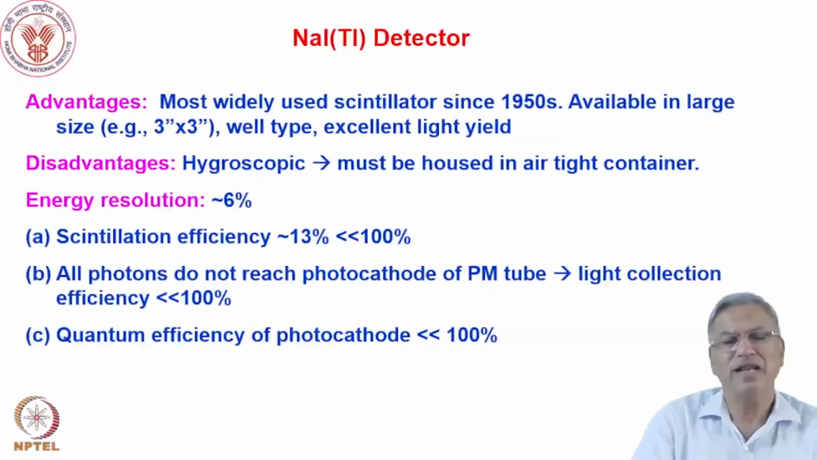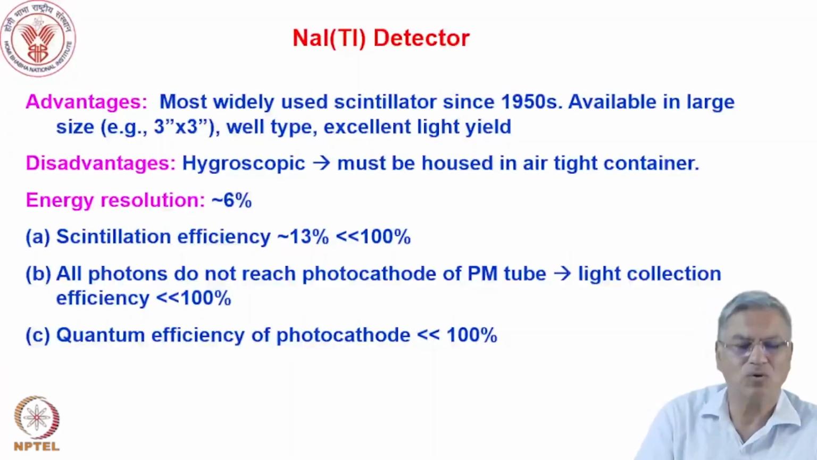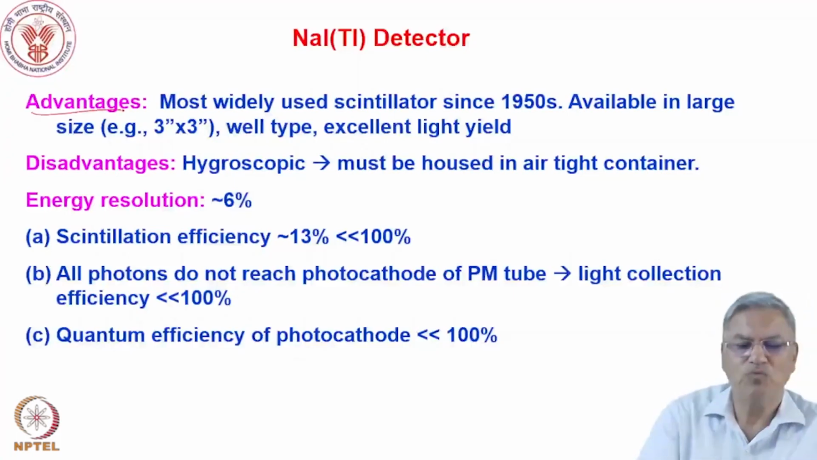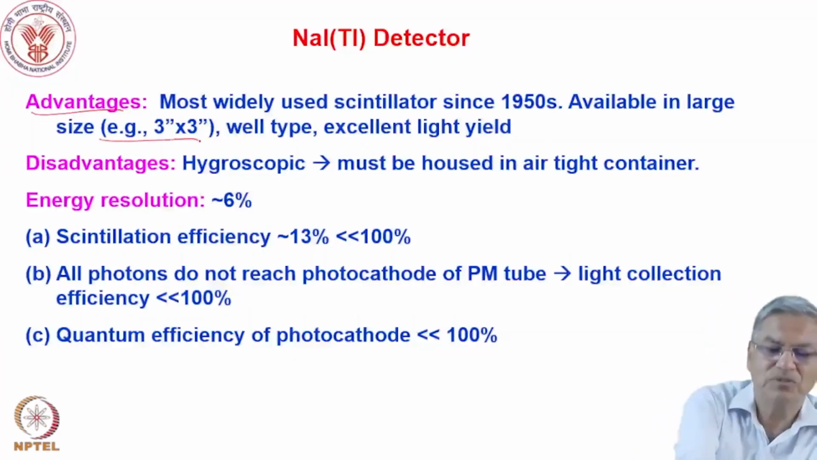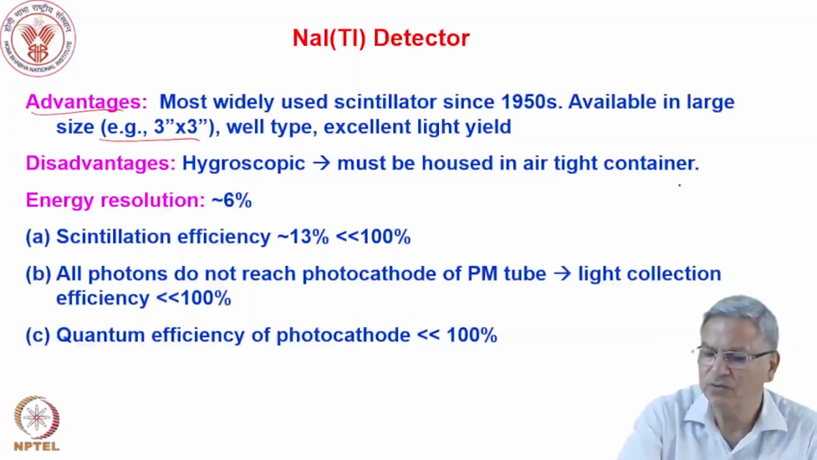So sodium iodide thallium, even though it doesn't have a very high scintillation efficiency, is the workhorse of gamma counting. The advantages are that it is the most used scintillator since the 1950s. It is available in large sizes, 3 inch by 3 inch, even 5 inch by 5 inch. You can machine it in such a way that you can make a well type. So you can have a detector,